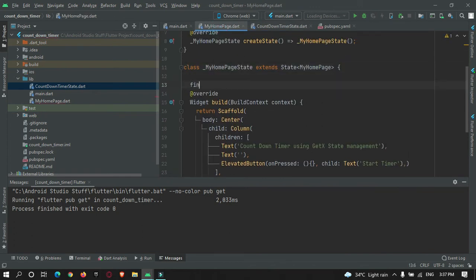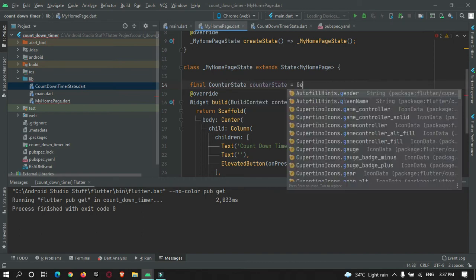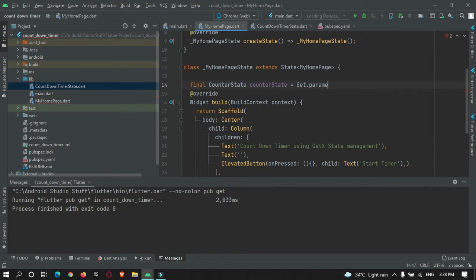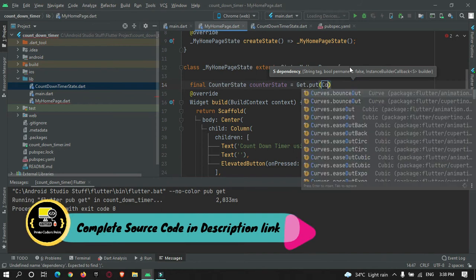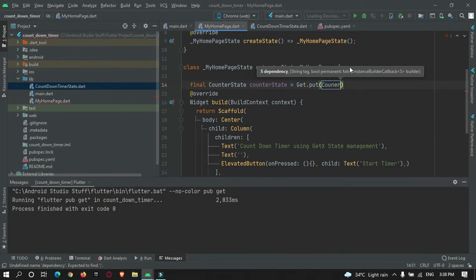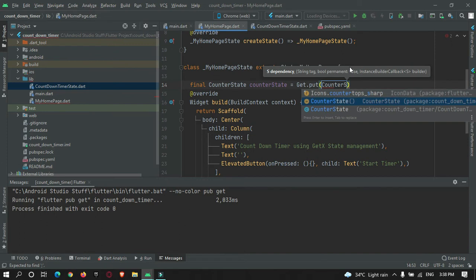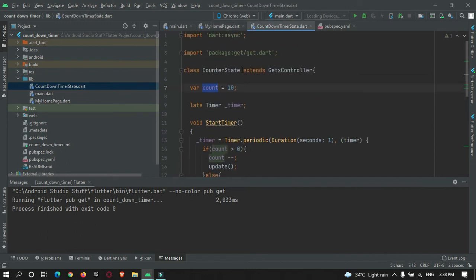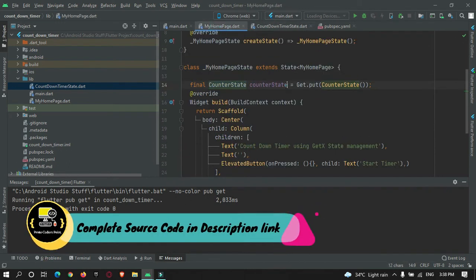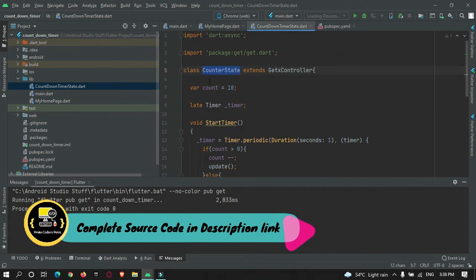Create an instance: final CounterState counterState equals Get.put, the CounterState. This CounterState is the class name, as you can see. Now you can use this instance to access this data.